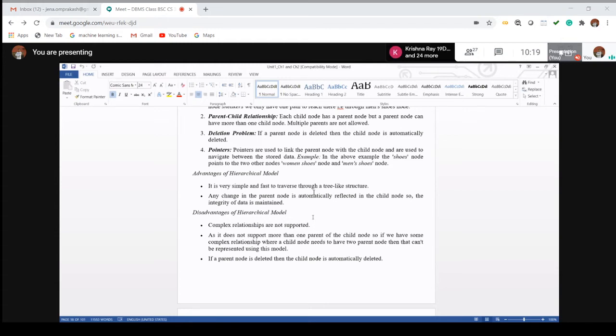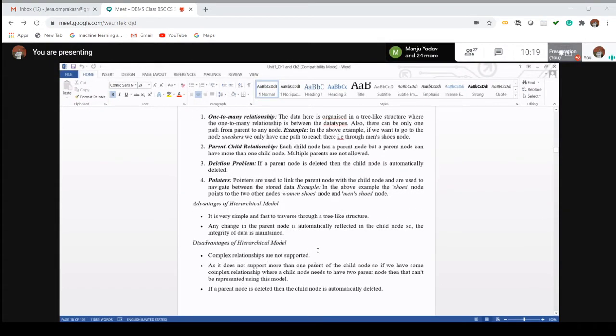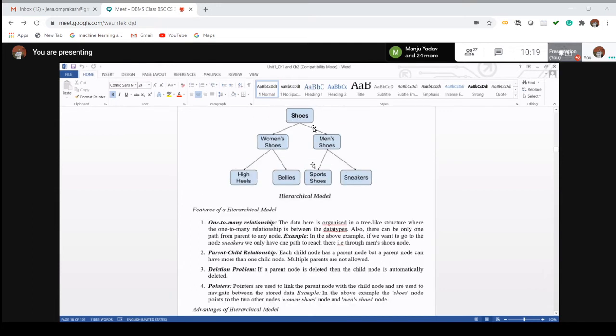It may be possible that a complex relationship is very critical. You cannot find complex relations supported. What exactly is a complex relationship? Simply, if you say there is sports, then it will be sports or like this. Suppose one person says my requirement is women. From women I require sports, but sports is not categorized over here. You can easily check. So that means it is a complex relationship. The sports is associated with men, but sports is not associated with women.